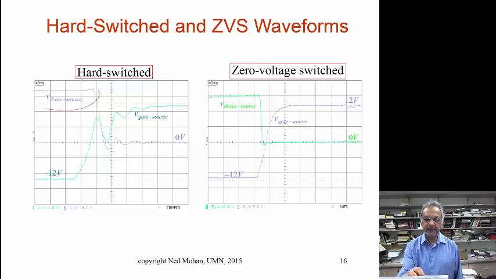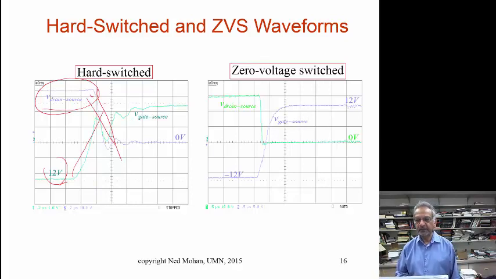So we have drain to source voltage at some level, and then the FET gate to source voltage, let's say from some negative value to a positive value, is rising, and as it's rising, the drain to source voltage is falling as this gate voltage is rising here. So that clearly shows that it's a hard switched condition,